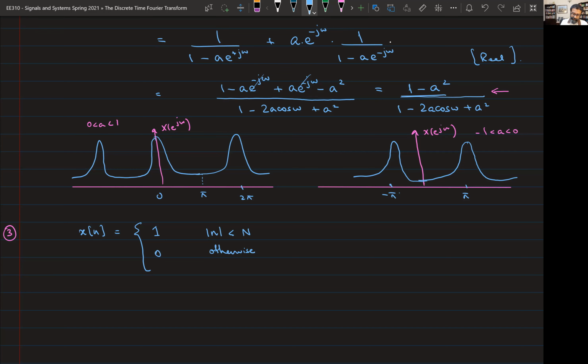And if you were to write this as a unit step, this is u of n plus capital N minus u of n minus capital N plus 1. If I write it here, since N appears twice, 0 also appears twice, in the middle, 0 is also coming twice. Good,